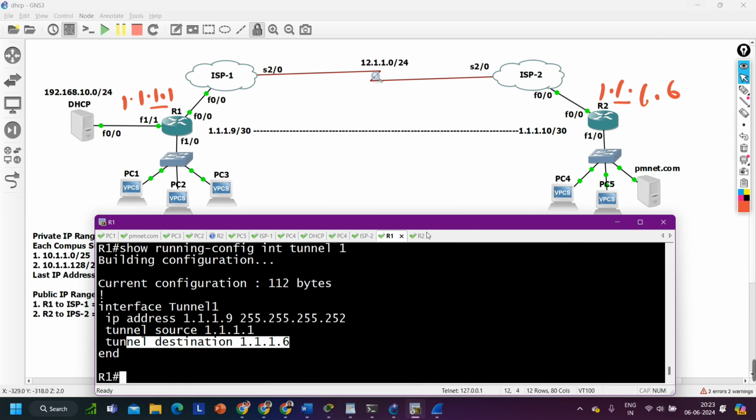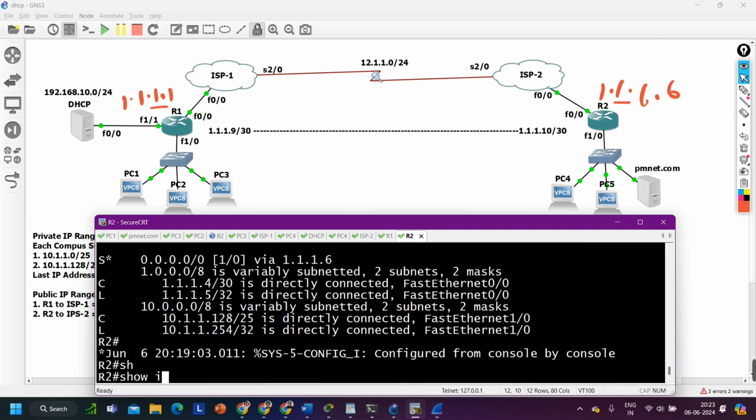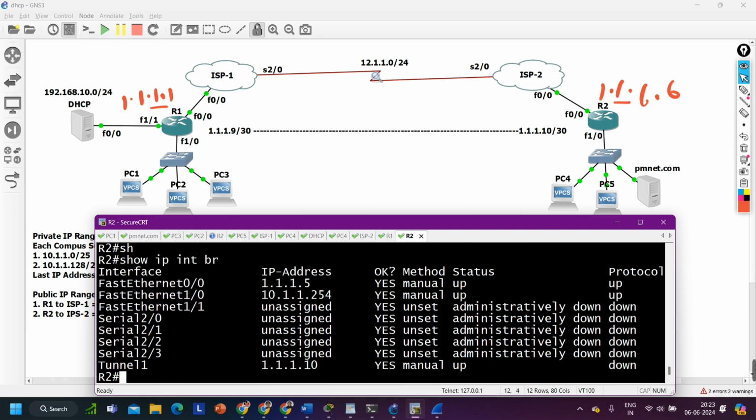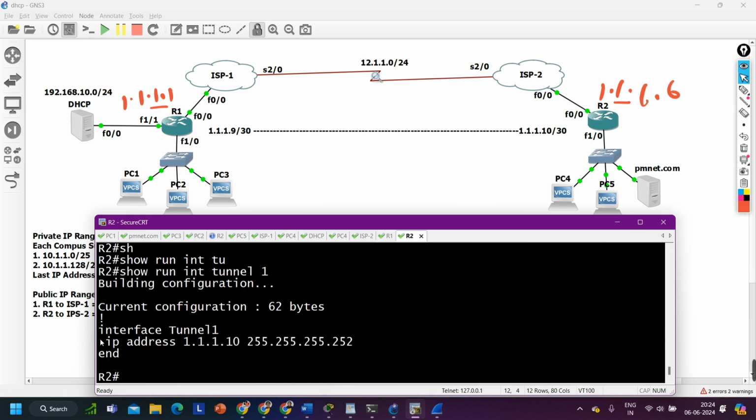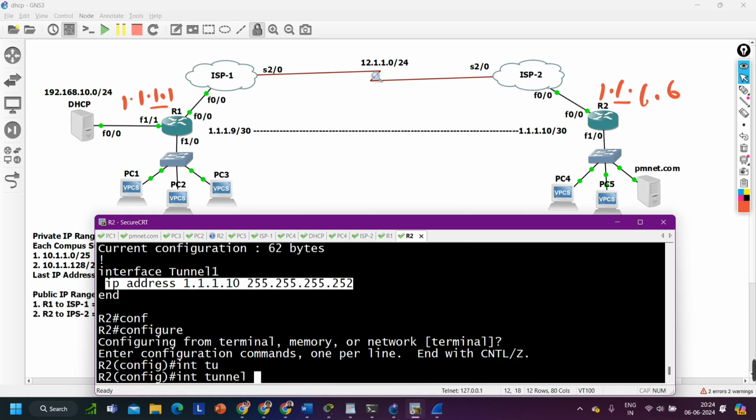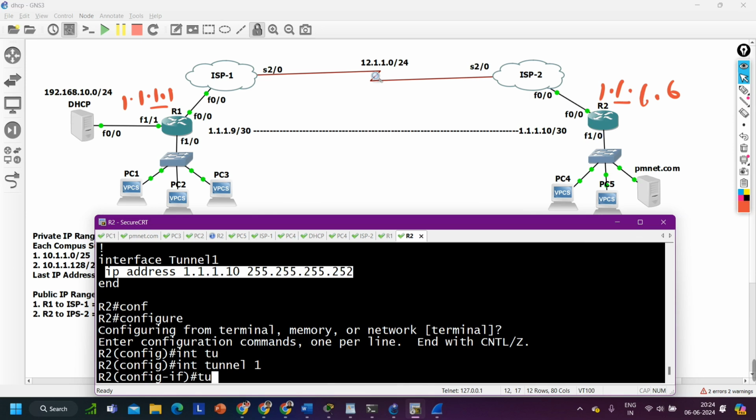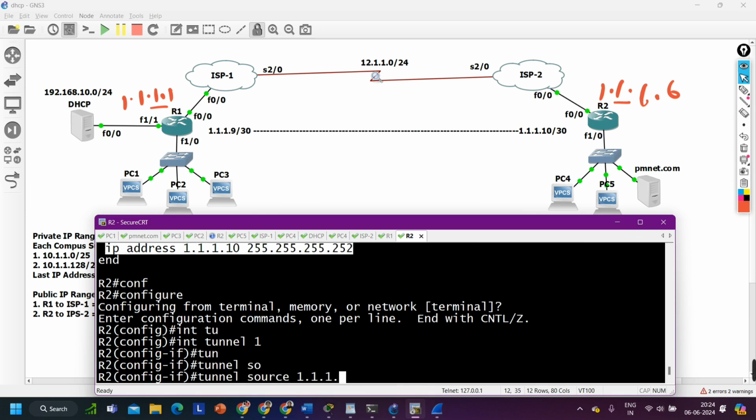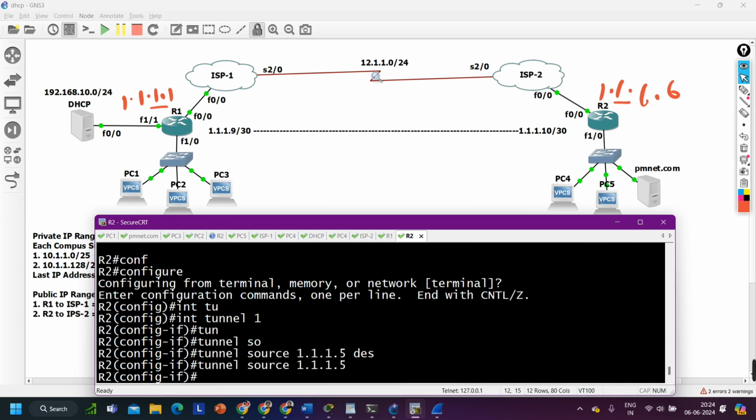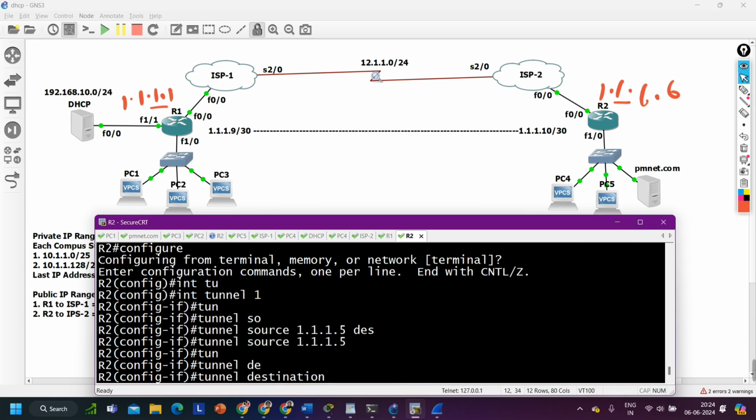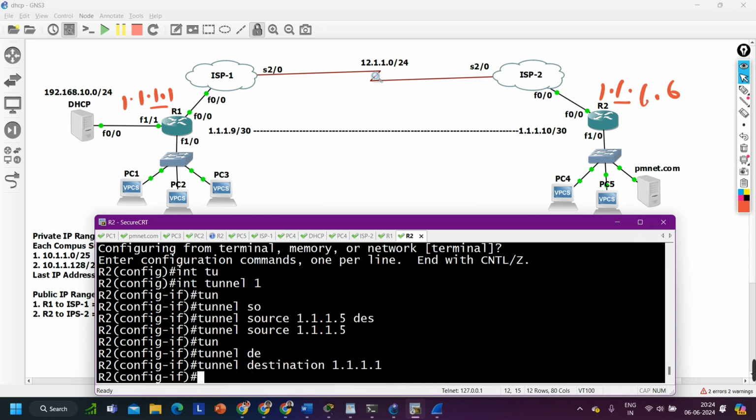Okay. On router number 2, is the tunnel up? So show IP interface brief. No, the tunnel is down. Why? So show run interface tunnel 1. We have not defined the tunnel source and tunnel destination. Go to the tunnel interface and then say tunnel source 1.1.1.5, tunnel destination 1.1.1.1,